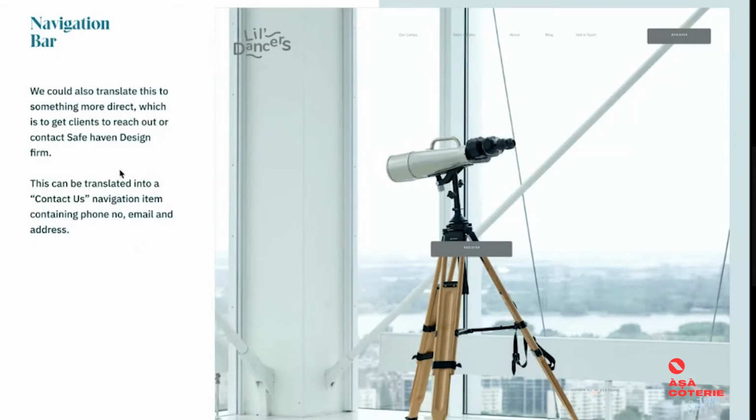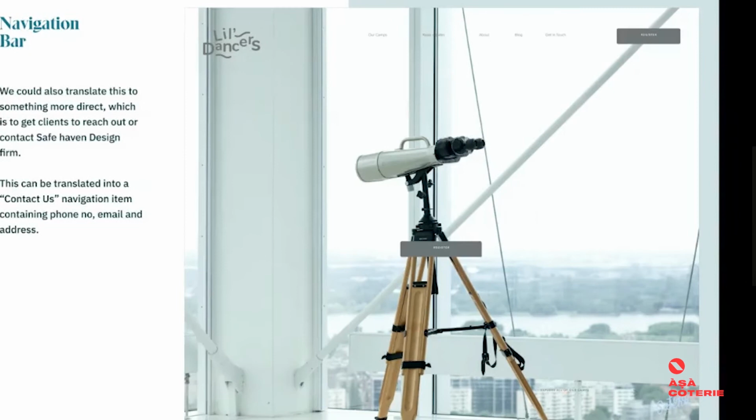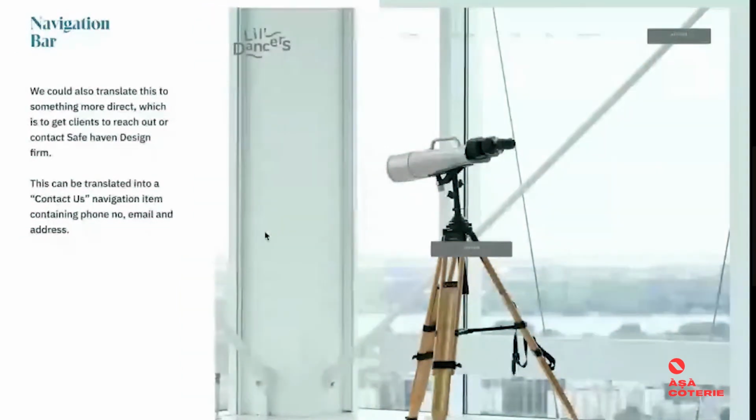So that's where the other navigation items come from, like our rates and about us, to basically give them a chance to get this need satisfied. For lack of time, of course, I don't know if you guys can actually see the navigation items. They're supposed to be more pronounced, but my bad. Okay, so